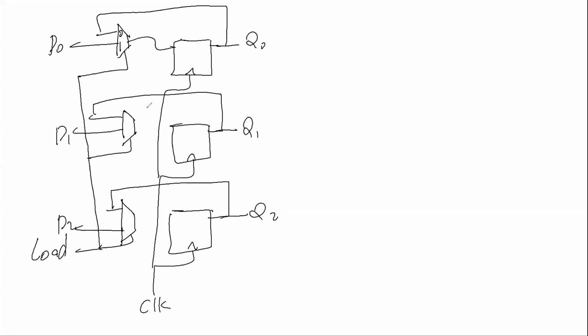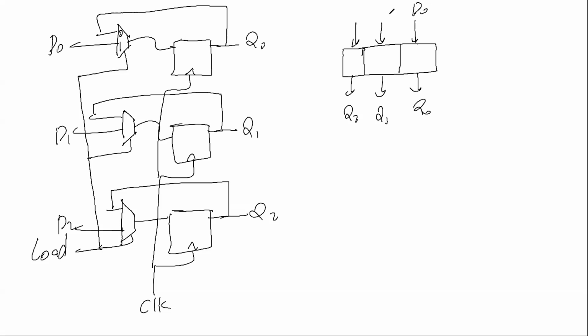What are we missing? This is connected to D. This is the 3-bit register from the inside. From the outside, we can draw it as a symbol like this. You can say Q0, Q1, Q2. This is D0, D1, D2. And we need 3 more signals, which are clock, the signal load, and signal reset, which we didn't show here,